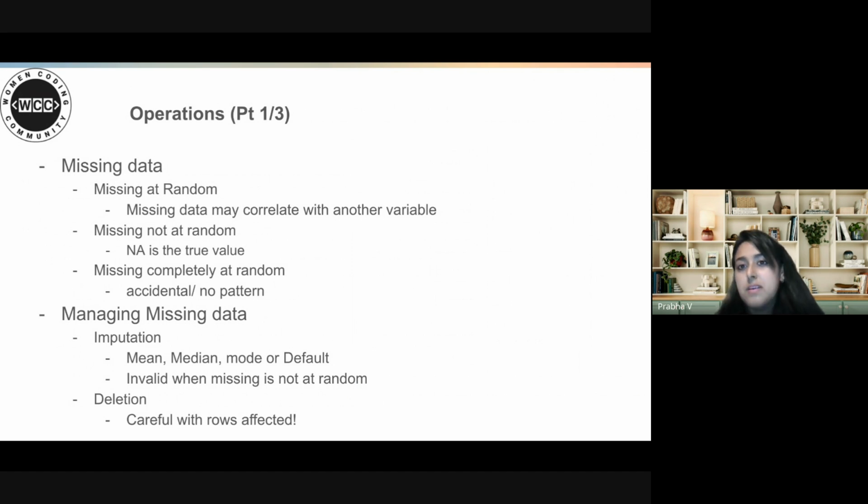So sometimes data would be missing at random. For example, the example specified in the book is about how a certain gender would not specify their salary or their weight. So this would be registered as empty or missing data in your raw data set.